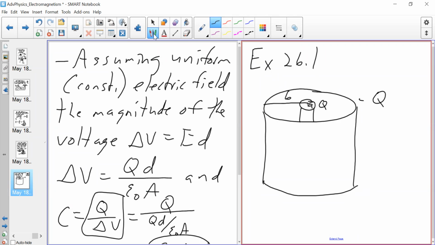Find the capacitance of this cylindrical capacitor if its length is L. Okay, so again, the capacitor, two oppositely charged plates. And so the first thing that we want to do